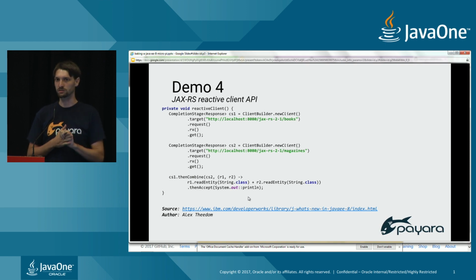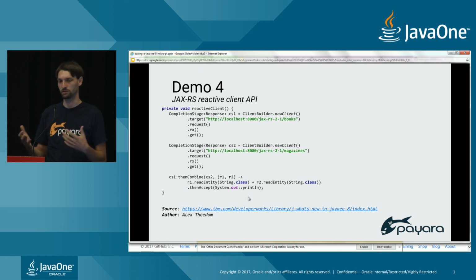But this was cumbersome because you needed to provide a callback as an implementation of an interface, and there was no way to simply chain other executions on top of it. So if you executed another asynchronous call within the callback, you got spaghetti code, which is referred to as callback hell, because you have too many brackets and callbacks nested inside. So with Java 8,